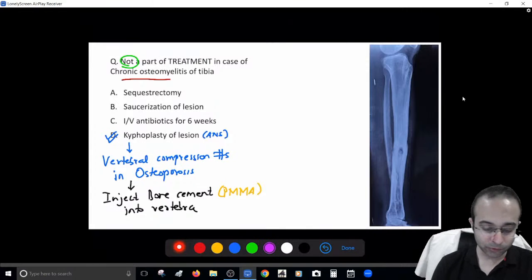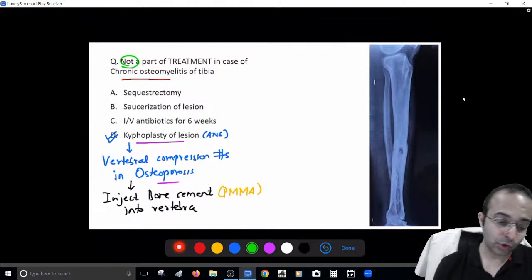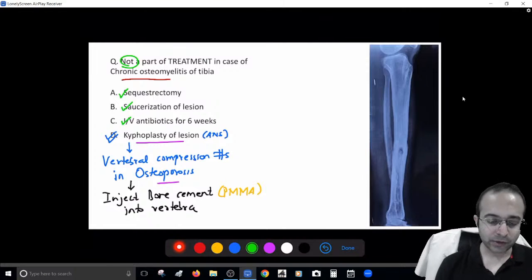So that will be a treatment option for osteoporosis. So that will not be a treatment option for chronic osteomyelitis. So I rule it out. So this means in chronic osteomyelitis you will be doing sequestrectomy, you will be doing saucerization, and you will be giving IV antibiotics for 6 weeks. Clear? Now sequestrectomy needs no